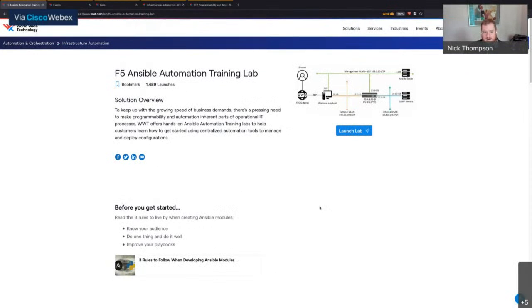Now, normally, on any other day than today, when you get to this lab page, you would click Launch Lab, and that would be how you would do that. However, what we're going to do today is a little bit different because of this event, and we've got a bunch of copies of this lab staged and ready to go. So, obviously we'll get to that in just a second, but another thing I wanted to touch on is